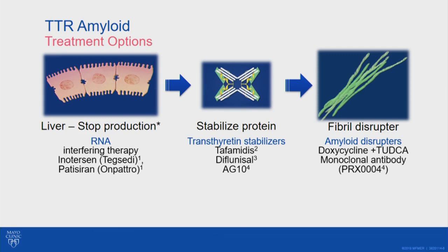TUDCA is tauroursodeoxycholic acid. It's actually a supplement that you can get off the internet. It comes from the bile acid of bears. And these two things together in a mouse model seem to break up amyloid fibrils. But we don't have too much information about them actually helping patients at this time,